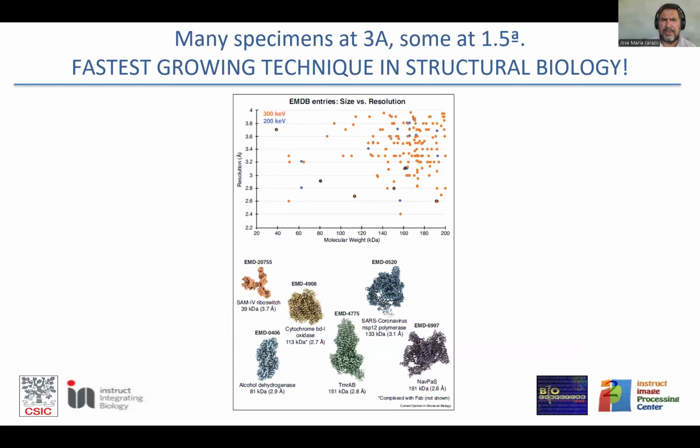But in terms of getting structures with a molecular weight, we can go to 40, 50 kilodalton, but really we are comfortable starting at 100 something kilodalton. And right now it is very common to get 3 point something Angstrom resolution. In 5 years, I probably would be telling you that it's very common to reach 2 point something Angstrom resolution,